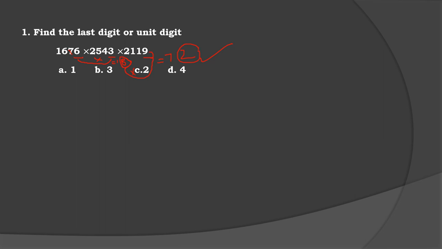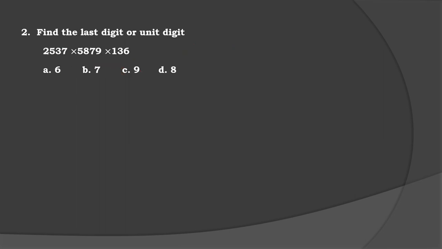Okay, all of you, now tell me what is the last digit in this expression. Here the last digit is 7, here 9, here 6. Now 7 into 9 into 6. 7 nines are 63, last digit 3. 3 sixes are 18, last digit 8. So the last digit of this entire expression is 8. Okay, then go to the next question now.